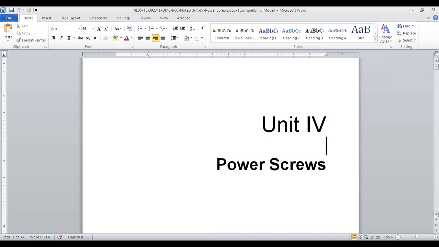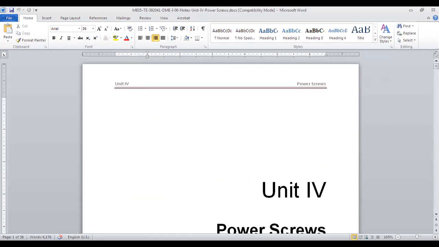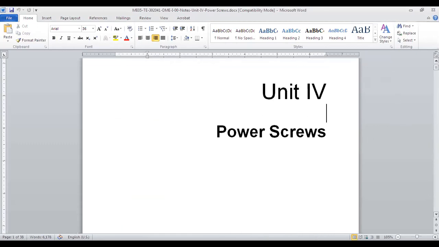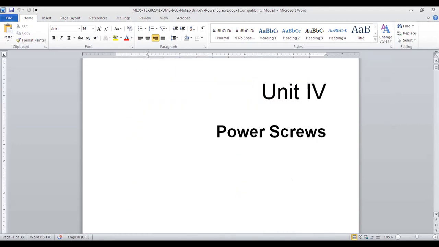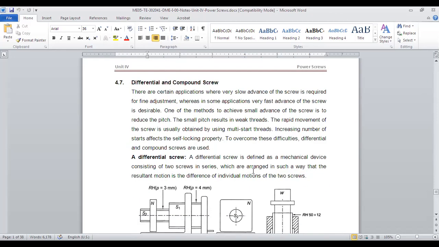That is the recirculating ball screw. We'll talk about the ball screw and also the compound screw. So we'll talk about those two today, and I think we'll finish the lecture with one example. And at the end, if possible, I will take a wrap up. So let's start with the conceptual part, that is, what is a differential and compound screw. Basically, these are the two things we will be covering: differential and compound screw, and recirculating ball screw, and then we'll take a numerical. Then we'll wrap up this unit.